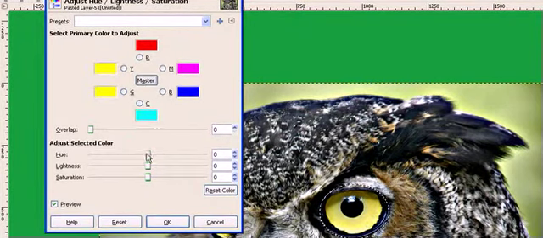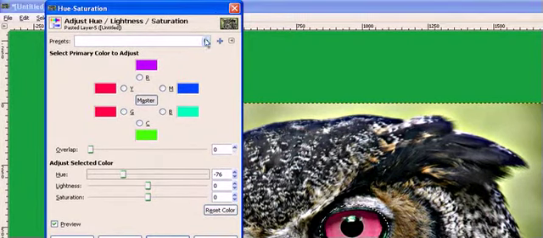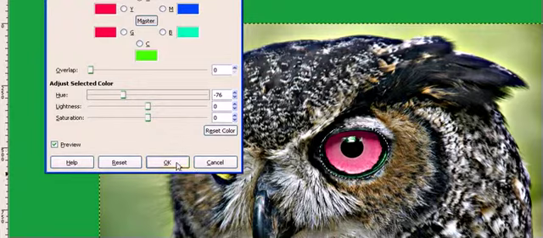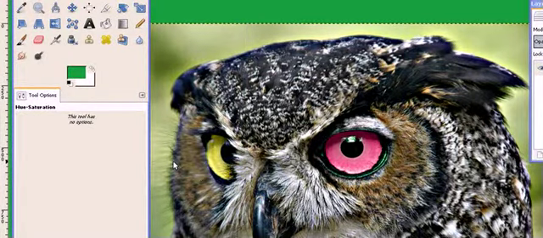Let me go back to the master here. And so I have the eye color. Now, right now, I have that dotted line, that marching ant surrounding it, and you really can't see how it transitions to the rest of the document. So if I hit Control T, there it goes. If you hit Control T, that eye is still selected, but I'm hiding those lines, so I can't see it. So it shows me exactly how it transitions into the surrounding object, the surrounding